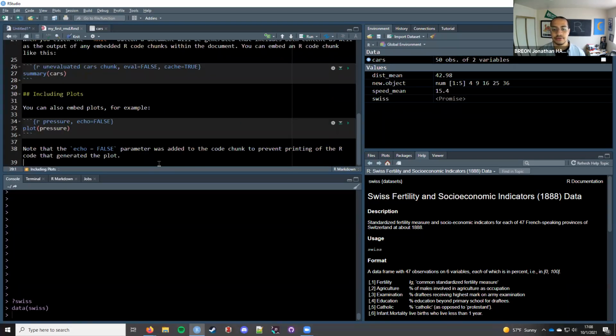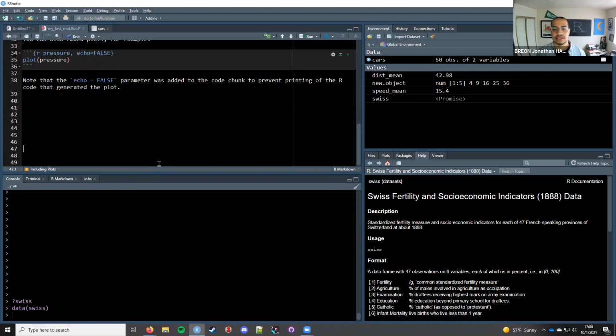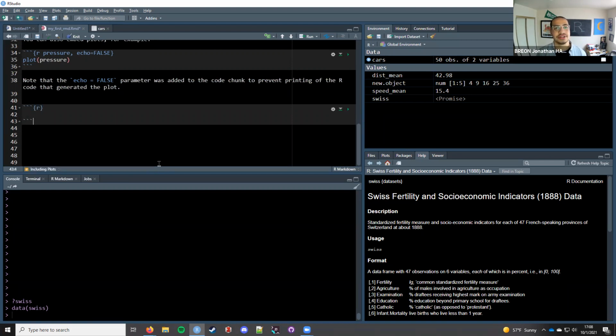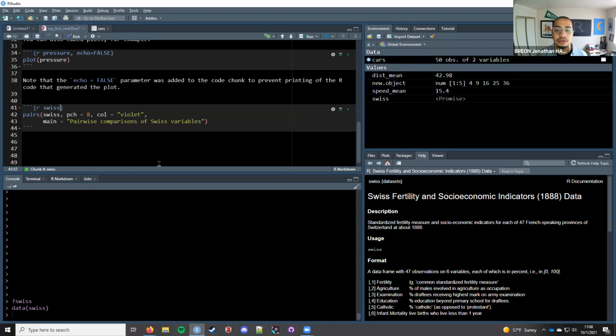So I will go down here and I'll show you a couple ways that you can make a chunk in an R markdown. So one for our code is 3 backticks, then a curly bracket, and a lowercase r. And then we want 3 more backticks to close that chunk. And we can paste that right in there. We should probably name this, I don't know, Swiss pairs, and we'll run that.